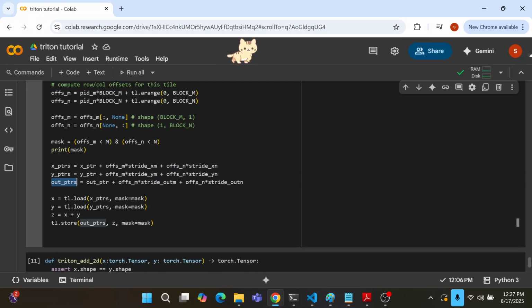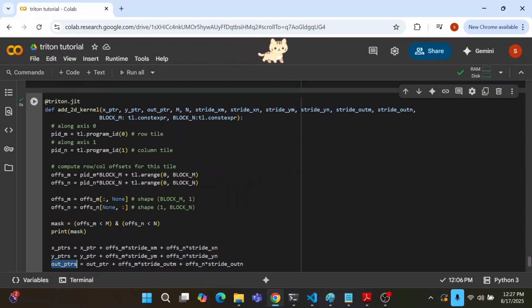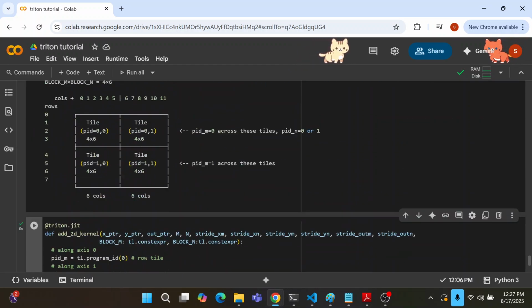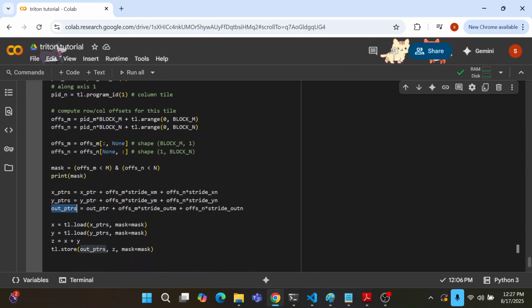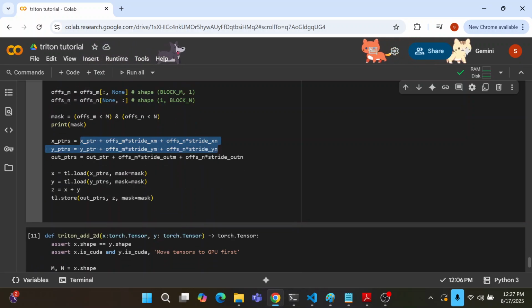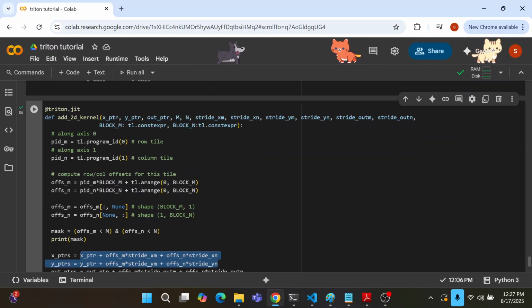This is your core logic, and this is how you do 2D vector addition. Keep in mind that the only difference is that we add this to the pointer, because in actual memory it's one-dimensional. So you run this.